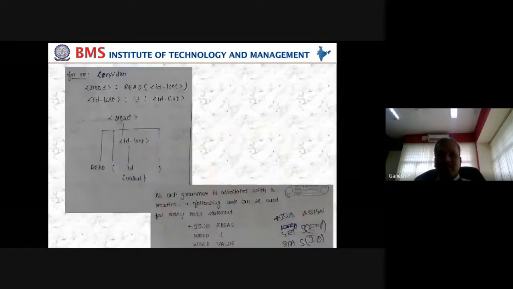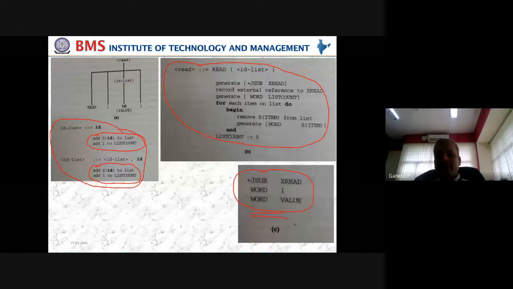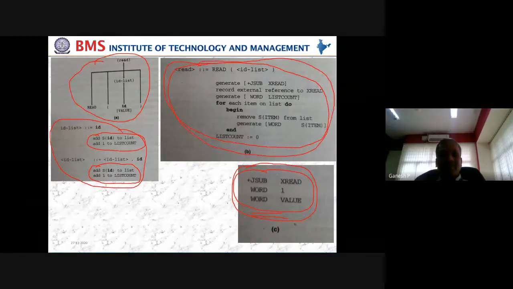It is very simple, only three lines. We can write like this. You can draw this diagram, that is a parse tree, and convert it like this. You need not write all this because it is not required. We can only say that there are procedures available, and we can directly jump to this and show that finally this is the code that is being generated. That is what we need to expect from the exam perspective.